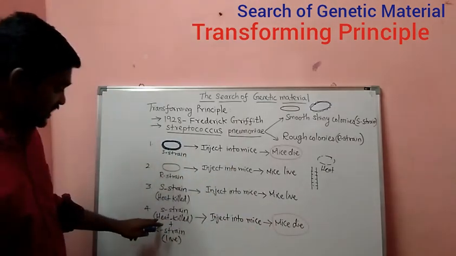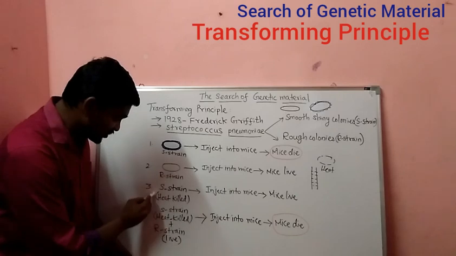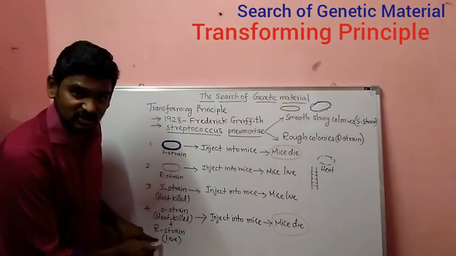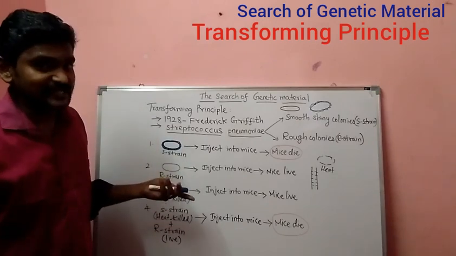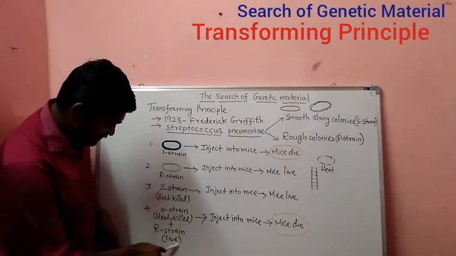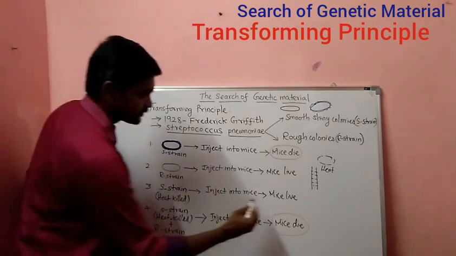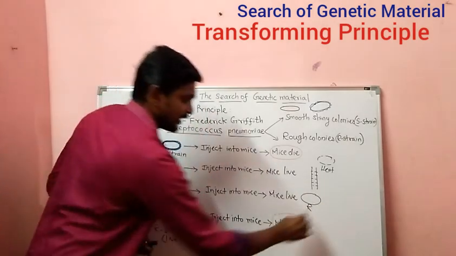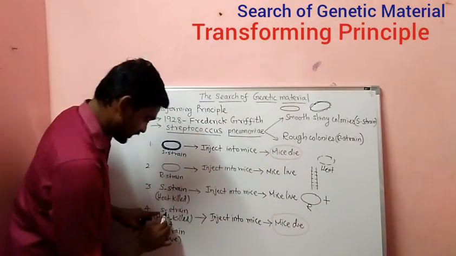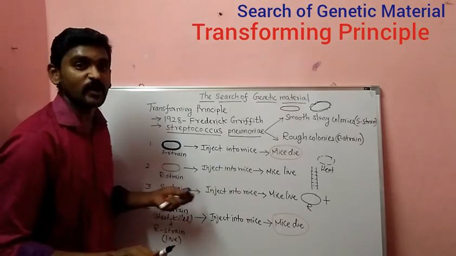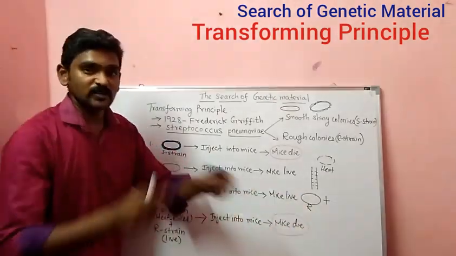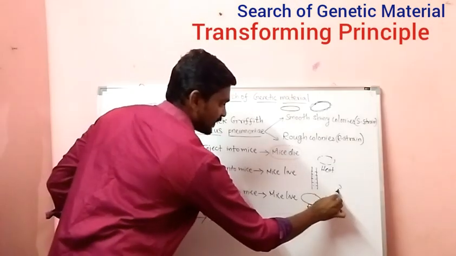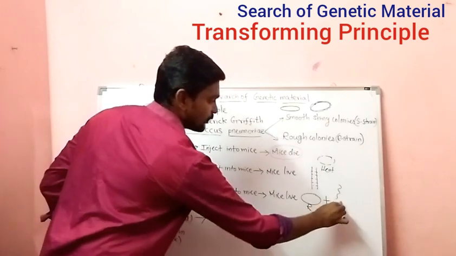Now the last case, if you see here, we are taking this S strain, that is the heat-killed S strain, and they are mixing it with the R strain. What do you know about R strain? R strain is a normal bacteria. So it is a live bacteria. You can see here the live bacteria. So this is the R strain they are taking. They are mixing it with what? S strain, that is heat killed. As I already said, heat killed means cell wall, cell membrane, mucus layer, everything will be broken down. The DNA will also be single-stranded.